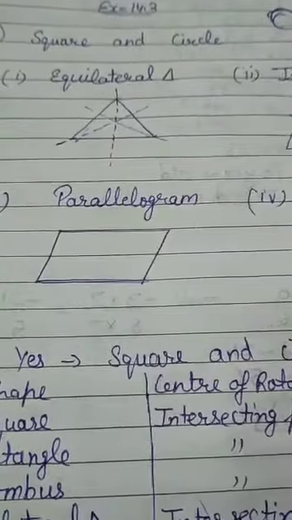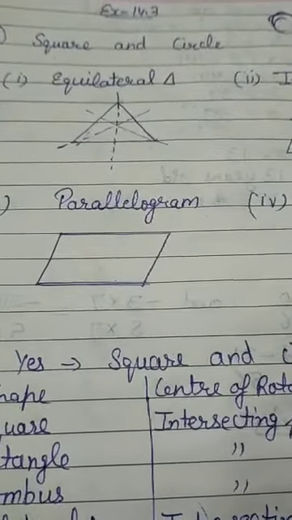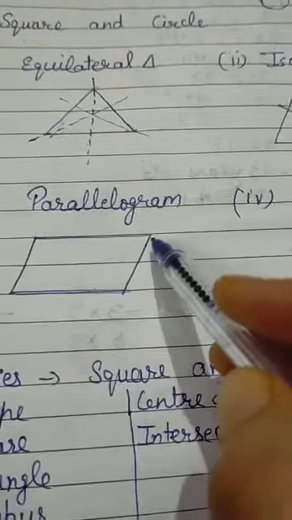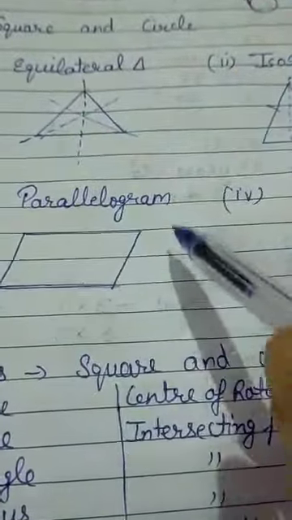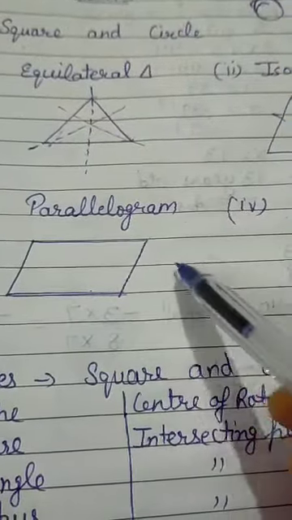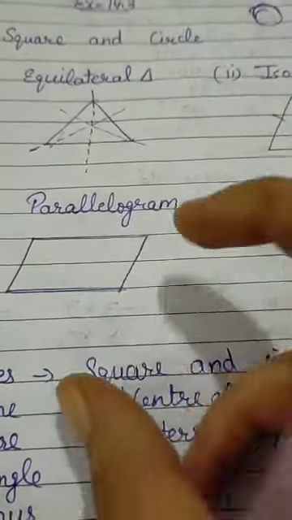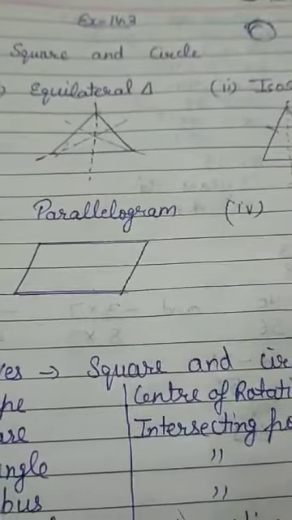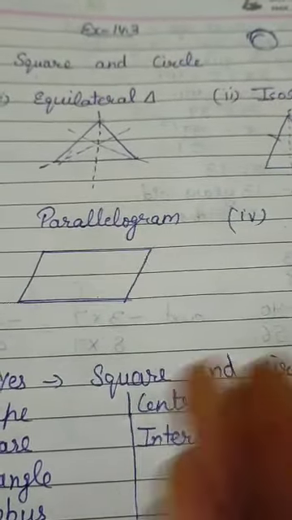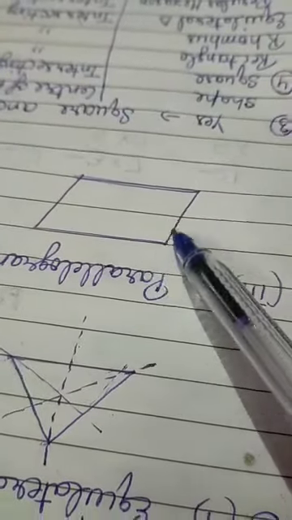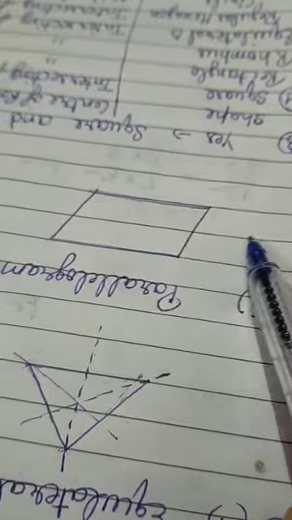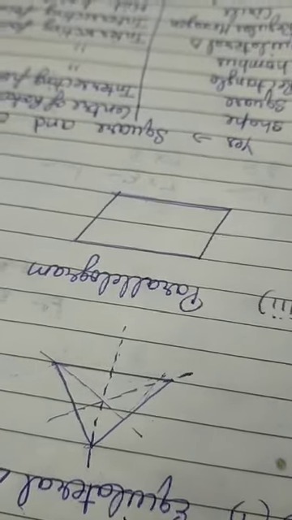In a parallelogram there is no line of symmetry, but when we rotate it like this, look at this, the right side is falling like this here, right? This is the right side and it is coming outside, no? Remember this sign. Okay? So now when we rotate it, the right side should come outside. So like this we will rotate. Look at this, the right side is again coming outside. This is the one order of rotational symmetry.